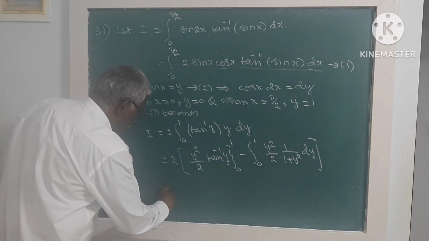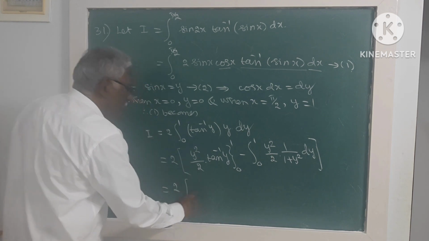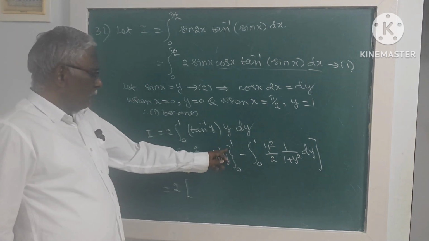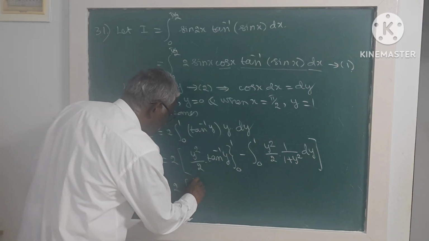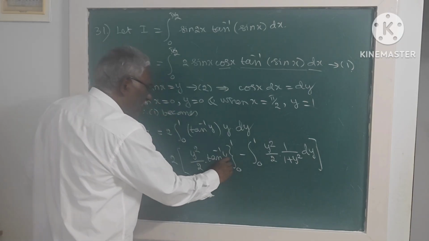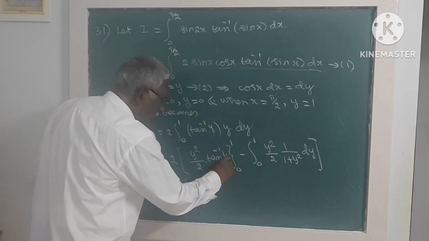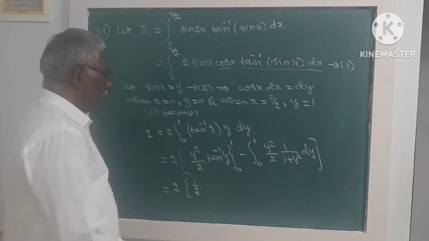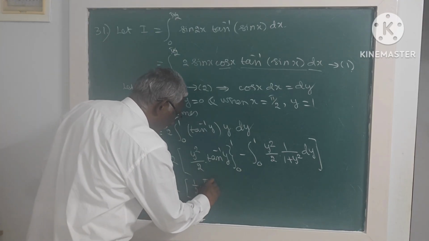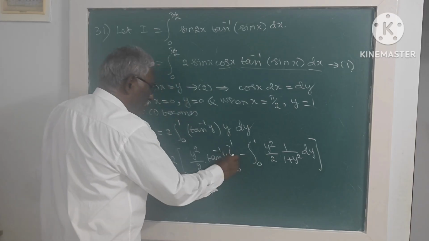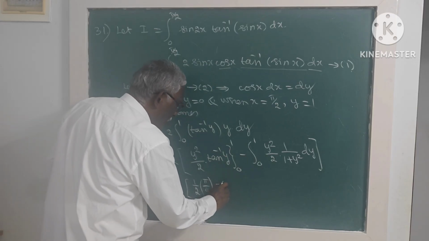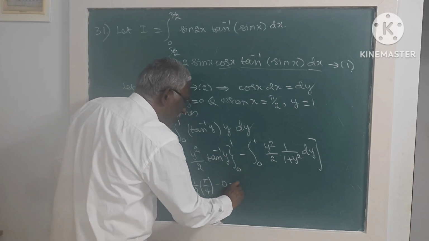Now this is equal to, when you substitute y is 1, half times tan inverse 1, which is 45 degrees, pi by 4, minus, if you put y is 0, it will become 0, then this minus